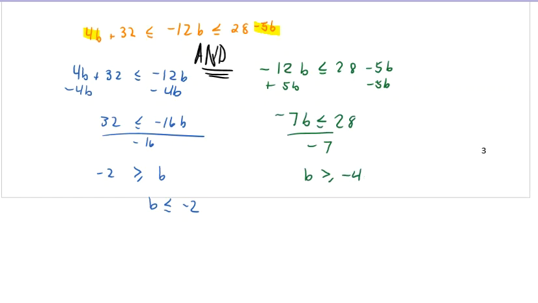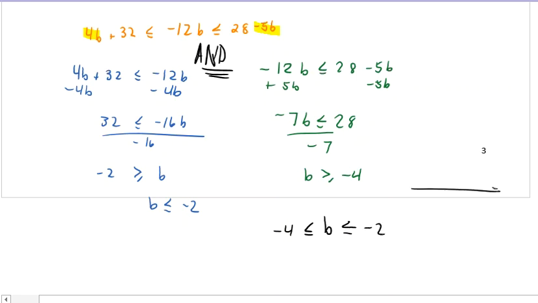Okay? So we're looking at the values that are greater than negative 4. You can see that b is greater than negative 4 here, and less than negative 2. Which is really just here, here. Close circle on both, and a